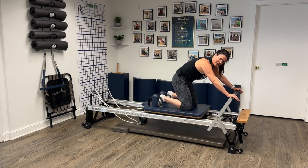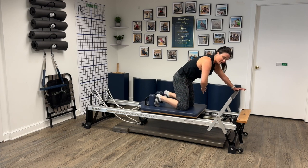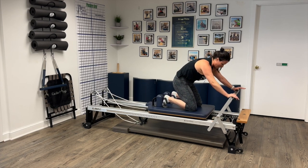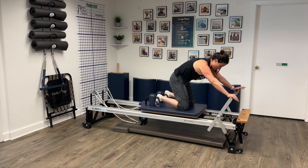This is not a hip flexor exercise. I'm pulling in with my tummy every time I bring the carriage back in. That's why I go with the lightweight. I think the recommended springs for STOTT is 2 reds. I like it light, blue and white. 4, 3,